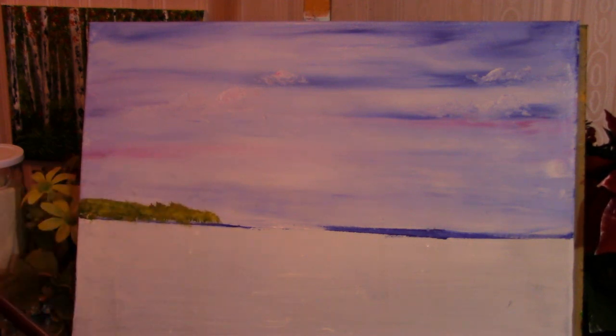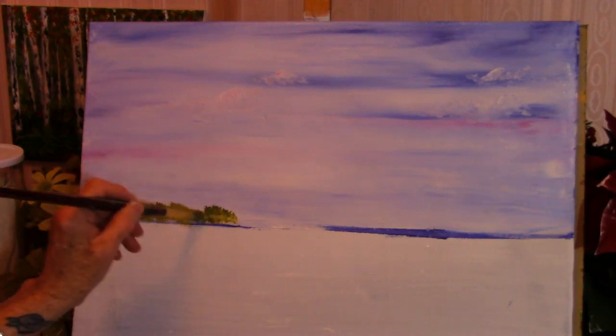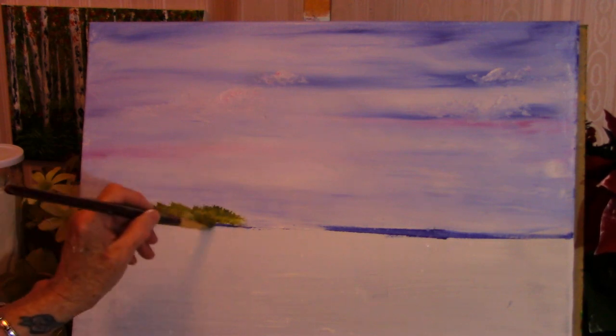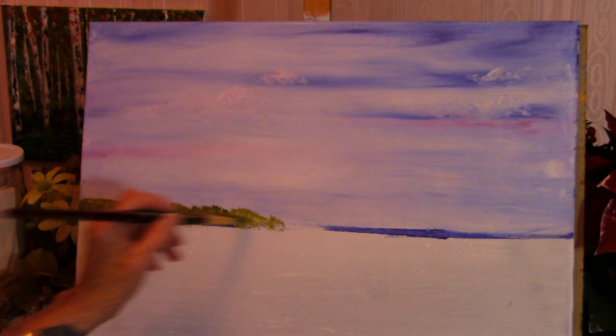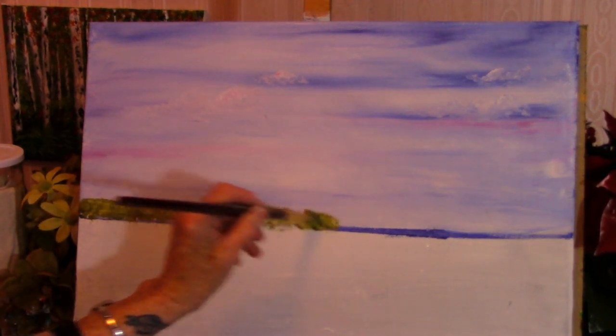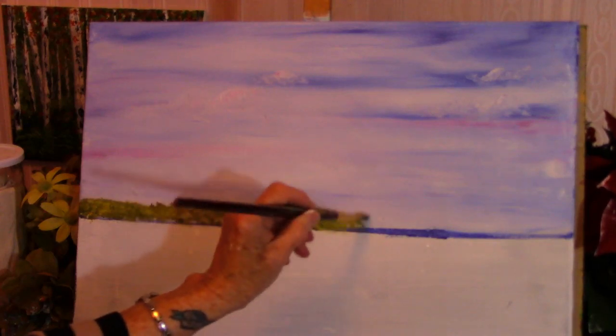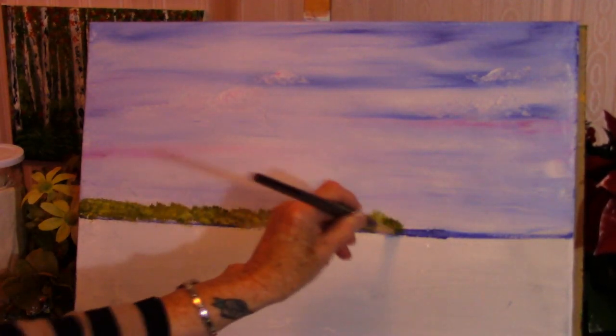And I'm going to tap it on because I want texture. Okay, so tap, tap, tap, tap, tap. Right? Tap, tap, tap, tap. Don't worry if you go under the line because we're going to be having reflections and everything there. So I'm not going to put reflections there yet because I want to put some blue paint down there to reflect the sky and then do all kinds of